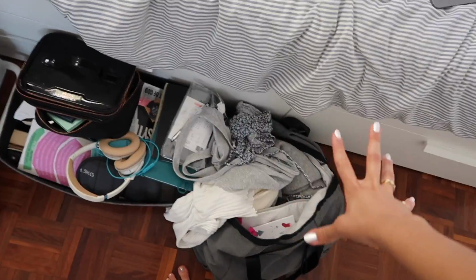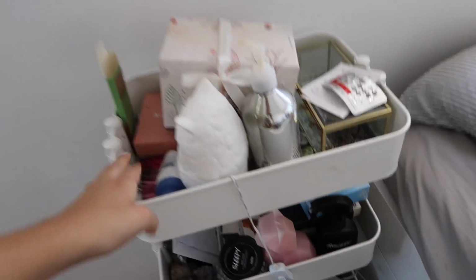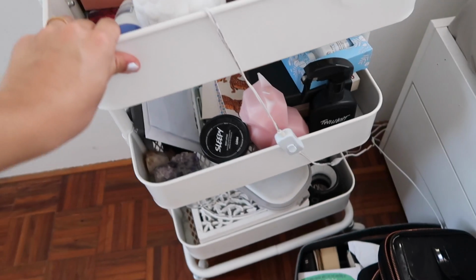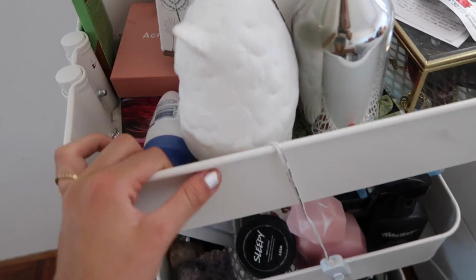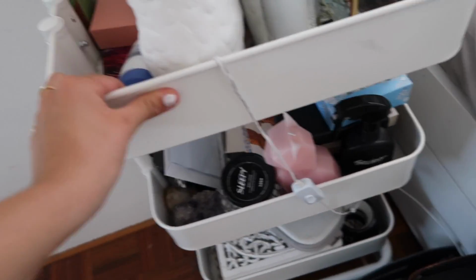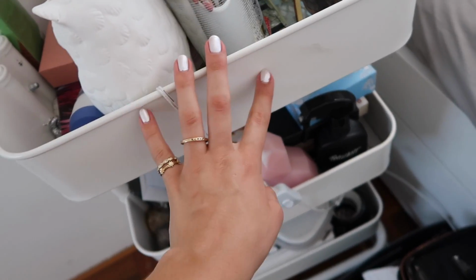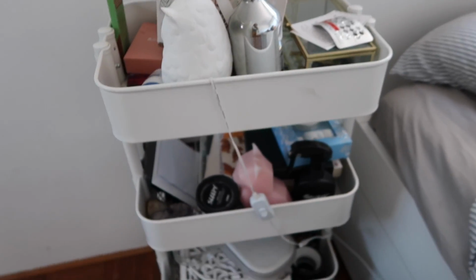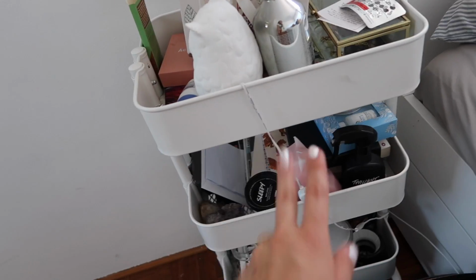A big one is over here. So this is next to the bed. Oh my gosh, just ignore this. Basically, I've been using this little thing as my bedside table. This is by IKEA, and I love the fact that it moves around, but I feel like, again, this is just not the right kind of bedside table for me because I get it so messy because I try to put so many things in here, and I feel like I want something smaller with a drawer so I can put stuff inside,